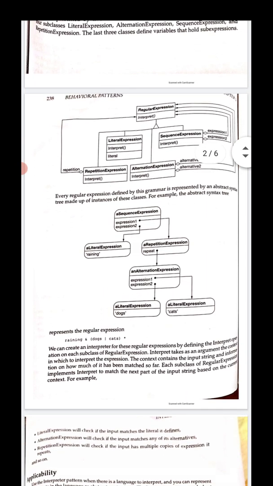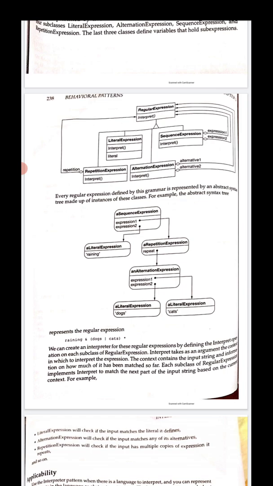Look at the RegularExpression class. We need to implement the interpret operation in the subclasses, LiteralExpression and SequenceExpression, performing the operations and methods that interpret the sequence of literals.